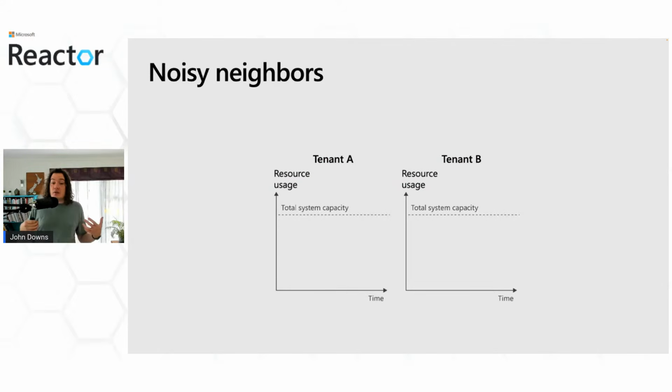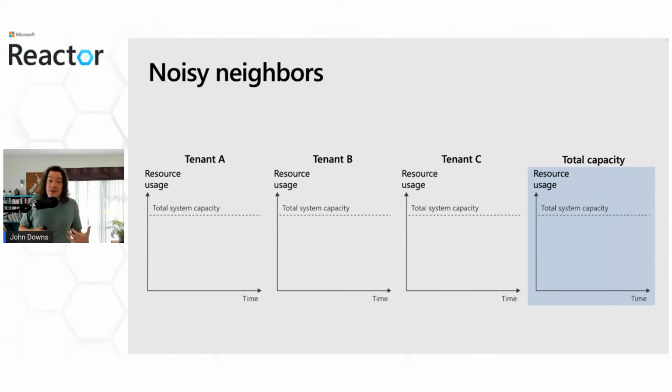And there's another consideration for shared compute components, which is the noisy neighbor problem. So let's imagine that in the architecture that we just discussed, there are some operations that tenants perform that are very compute intensive. So maybe they involve a lot of CPU work, or maybe they do a lot of disk I/O. And basically, imagine that two tenants are using the system at the same time. So over time, if tenant A happens to consume a disproportionate amount of the total system capacity, anything that tenant B is doing could fail because the system's resources become exhausted. So this shows up as failures for tenant B, and they probably won't be very happy.